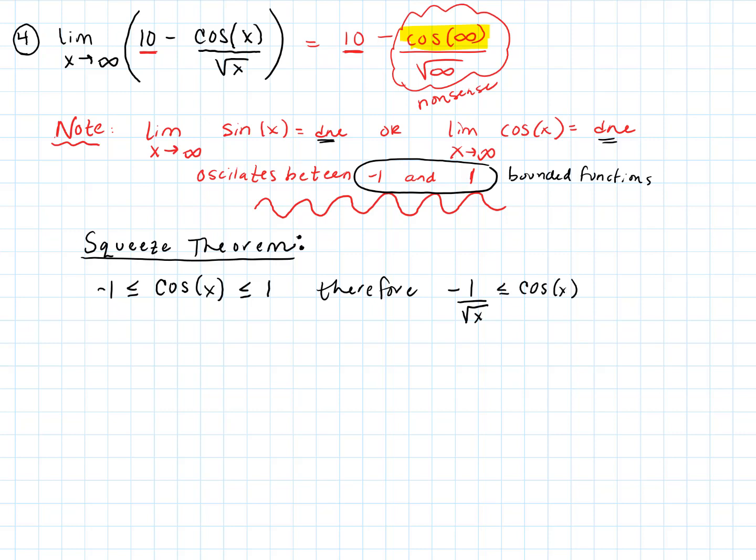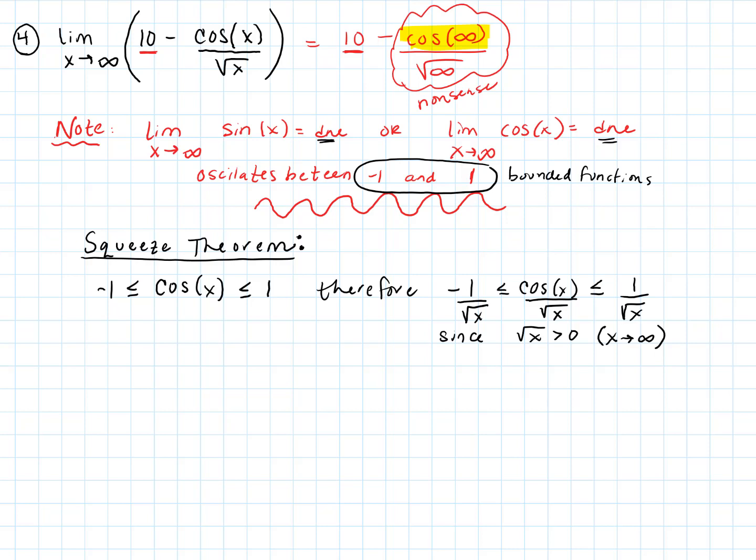Now, remember when we have an inequality, we can only divide an inequality by a positive quantity. So we would want to say since the square root of x is greater than 0. We do know that. And it has to be greater than 0. Remember, we're looking as x approaches infinity. It can't be equal to 0 because we would be dividing. I forgot to divide the middle term. There we go. Therefore, when we divide the entire inequality by the square root of x,